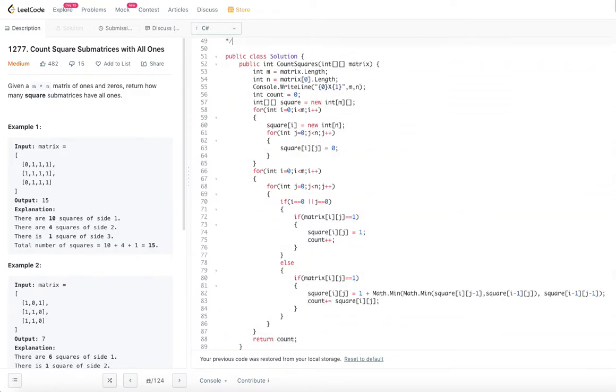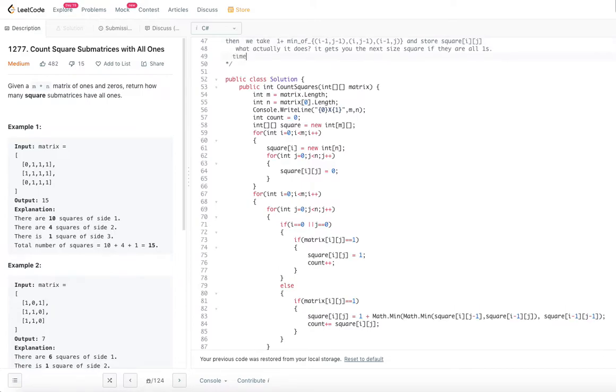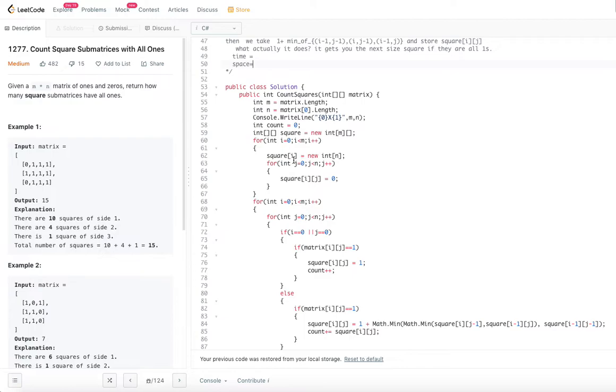So let's go ahead and look at the time and space complexity, right? So what is the time? We are given that m by n matrix, right? It's m rows and n columns. So filling the square matrix will take m by n, so order of m into n, plus next, this also is order of m into n. So this will be order of 2mn basically. Since we are going to eliminate the constants from big O notation, it will be order of mn. That is the time complexity.